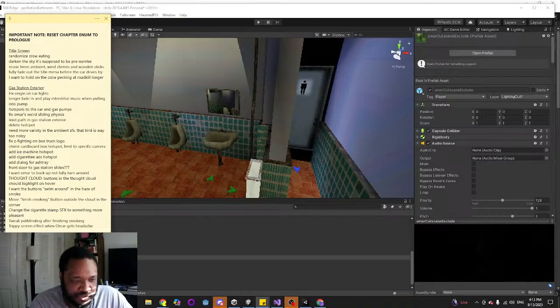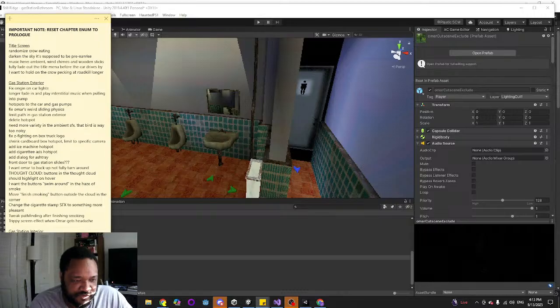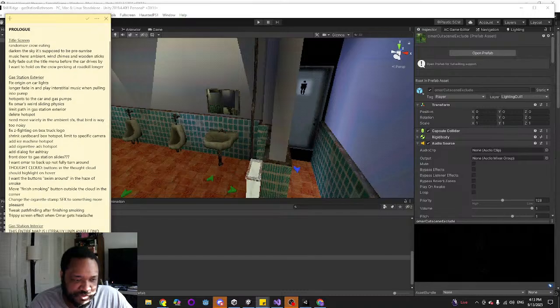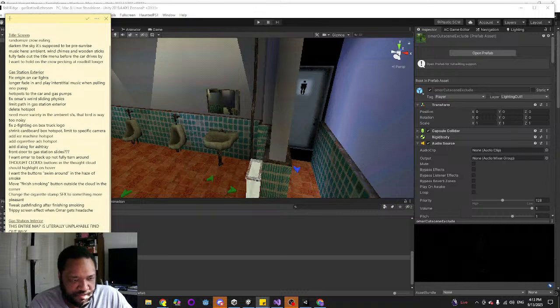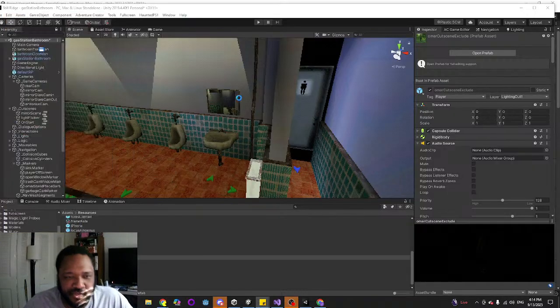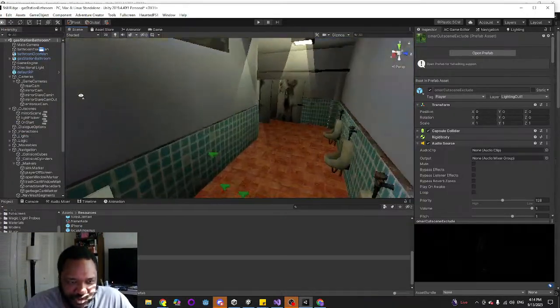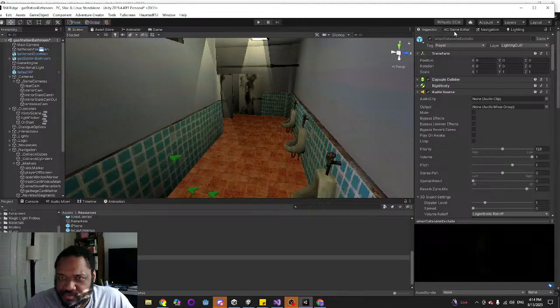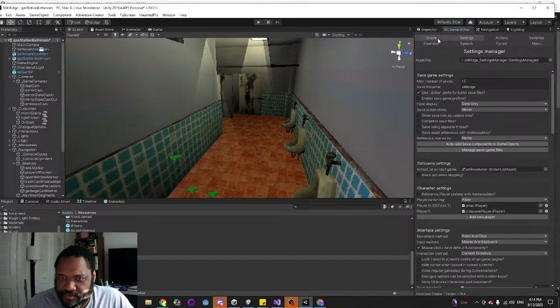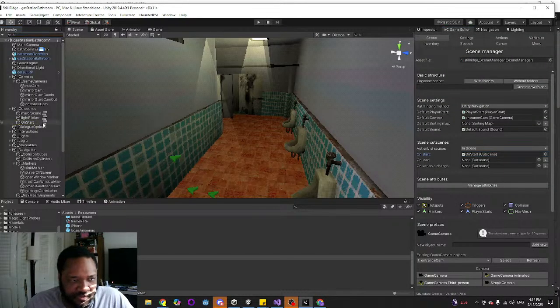The player object is teleporting in front of the mirror. The mirror isn't reflecting correctly. So there actually should be water animation in the sink. The player turns on the sink, but it wasn't playing correctly. These are all things I can do on my own time away from the stream. So let me get everything set up again.